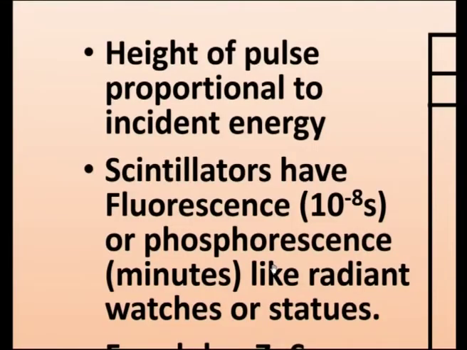The other one, certain materials have got phosphorescence. Here the electrons will be excited, and it will take a long time to come back, maybe minutes, and then they will emit the light slowly. For example, we have radiant watches, where when you go to the cinema theatre, you will be able to see those letters. It will be a green color radiant material. That will be a phosphorescence material.